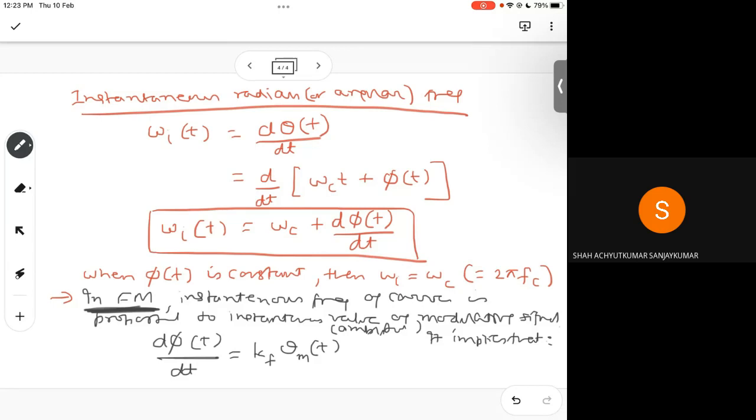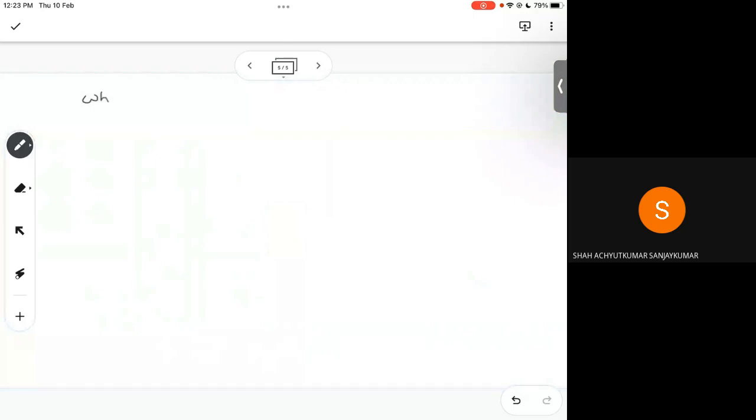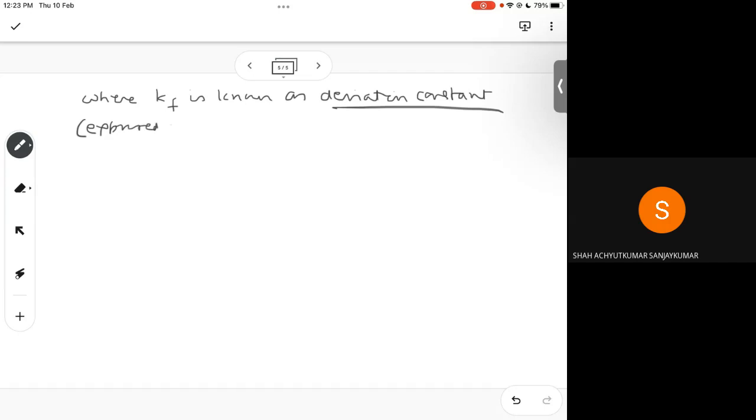So I could write this as dφ(t)/dt = kf vm(t), where kf is a deviation constant, a constant multiplied by the master signal, and it is expressed in radians per second per unit of vm(t), obviously. And therefore, I can express an FM signal as,